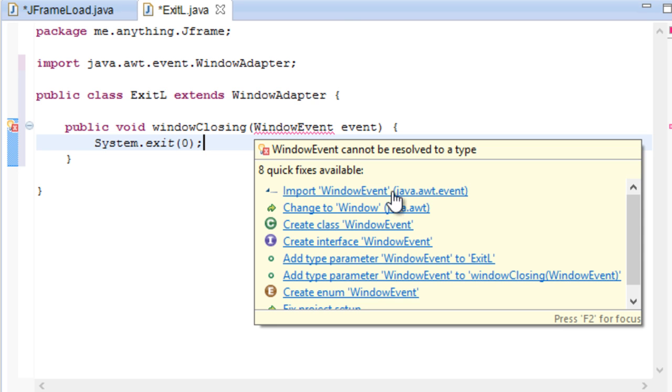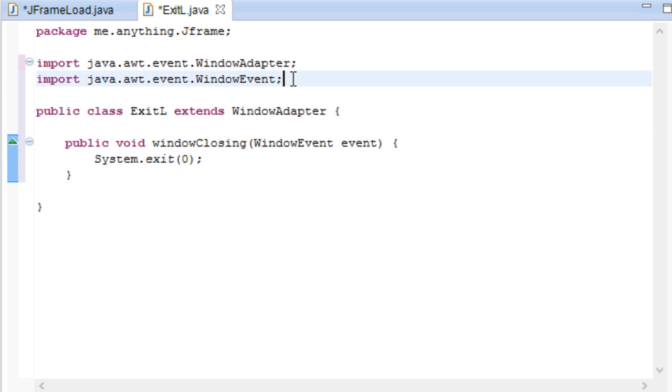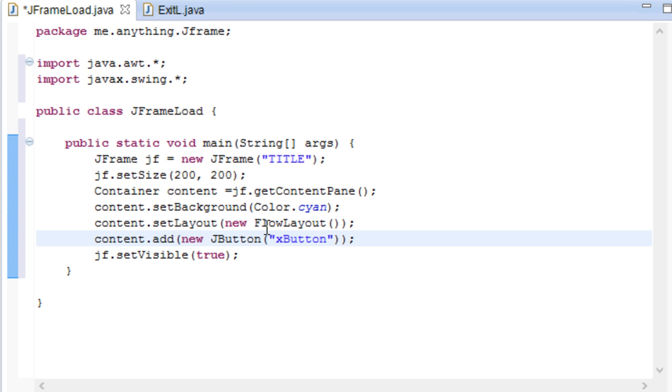So we need to import java.awt.event as well. You can just import java.awt.event.* with an asterisk, for skinny code. So over here, right now we have ExitL, the exit listener,